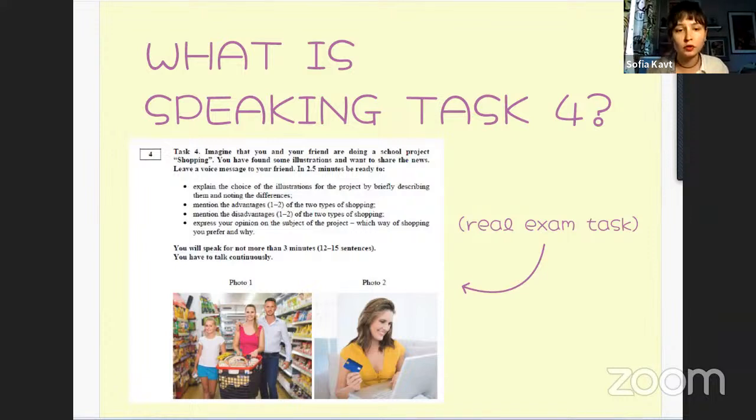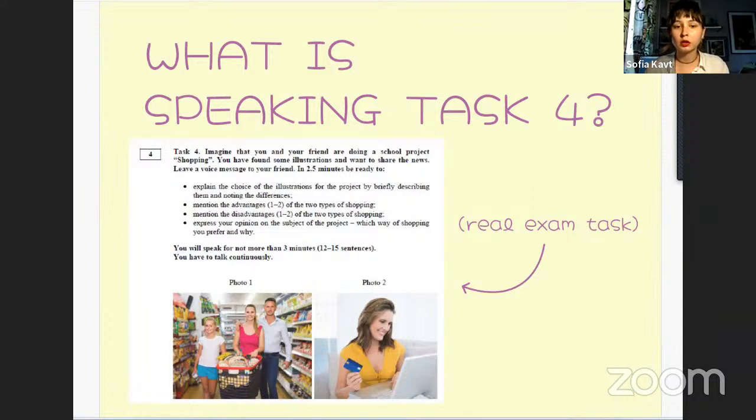But for some reasons, technical or other reasons, you can't share the images with them, so you have to describe them verbally. And you need to record a voice message to your friend, and you will have to talk continuously for not more than 3 minutes, covering the following 4 bullet points, explaining the choice of the illustrations and